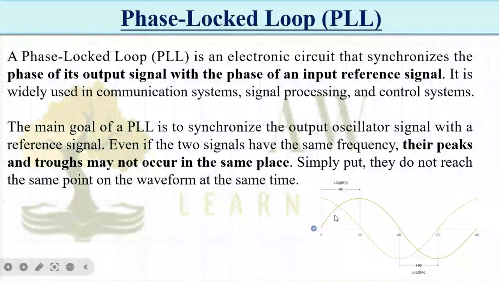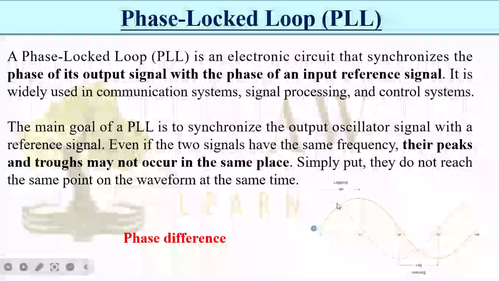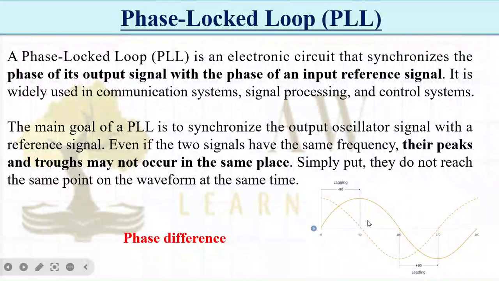So there is one waveform and there is another waveform, and there is some difference, and that difference is called a phase difference. So what this phase lock loop will do is try to reduce this phase difference and make the phase difference zero. And if the phase difference between them is zero, then automatically the frequency of both the signals will also be the same. So in this way, phase lock loop will synchronize my two signals, reference signal and the output signal, and it will make the phase difference zero. At the same time it will make the frequency also equal. That is why it is used to have a constant frequency.